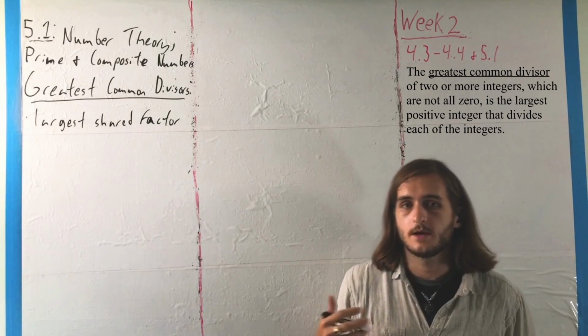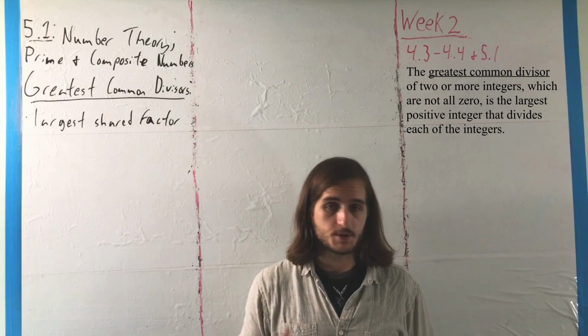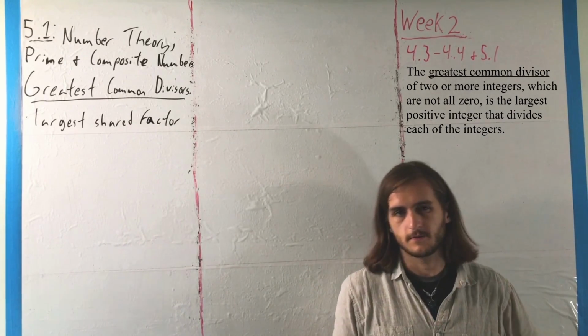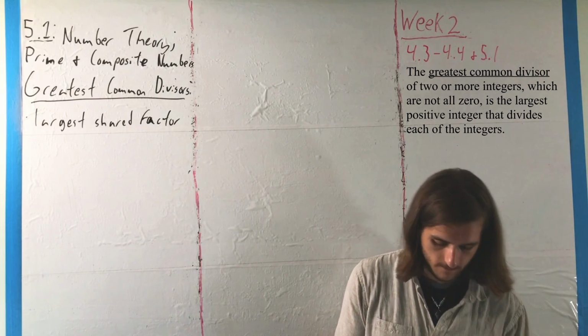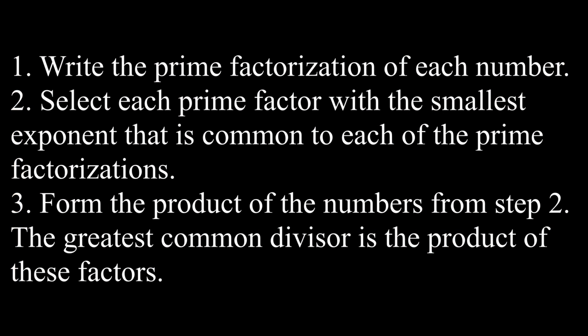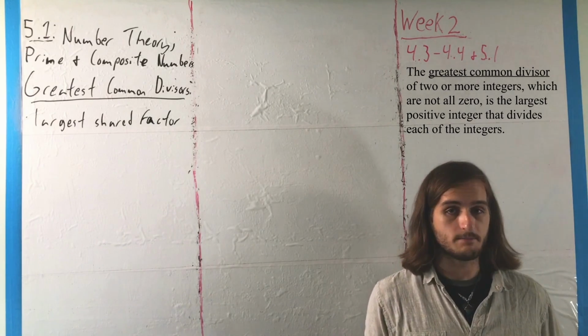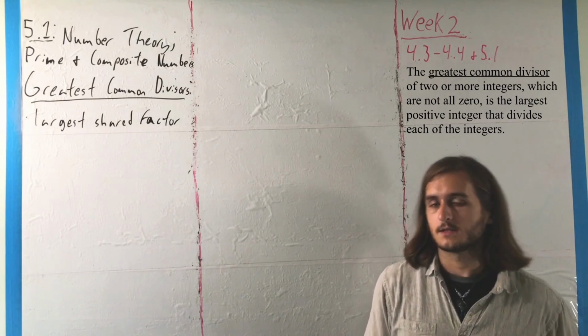Where for this, there are a few steps you can follow in order to be able to get the greatest common divisor of some group of numbers, where we're going to focus on 2 for the most part here. So what you would do is write the prime factorization of each number, then select each prime factor with the smallest exponent that is common to each in the factorizations, then form the product of the numbers from step 2, where that product will be your GCD,